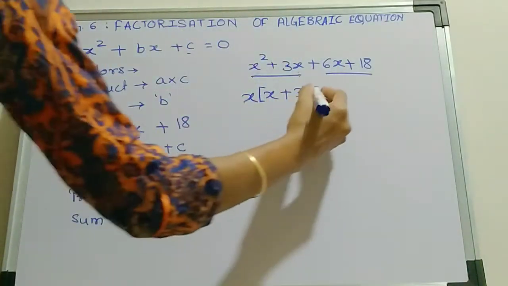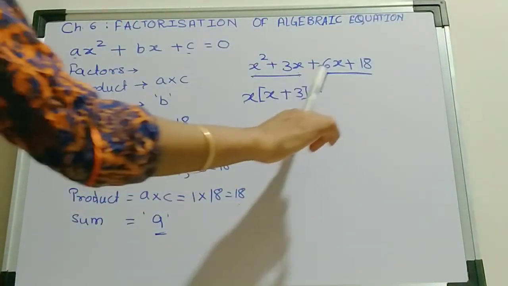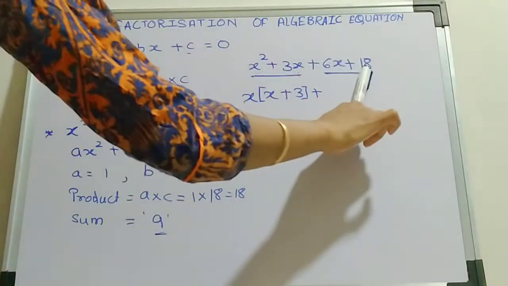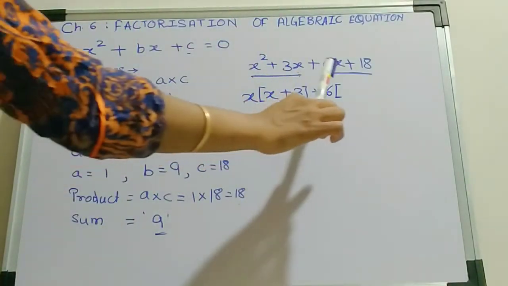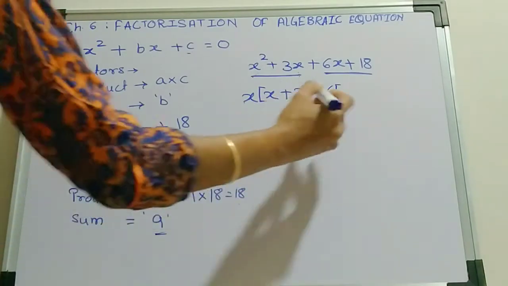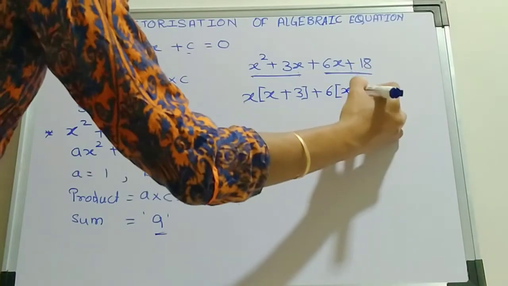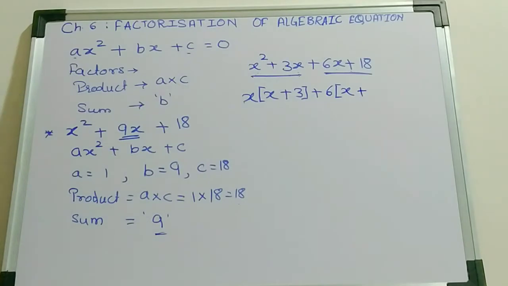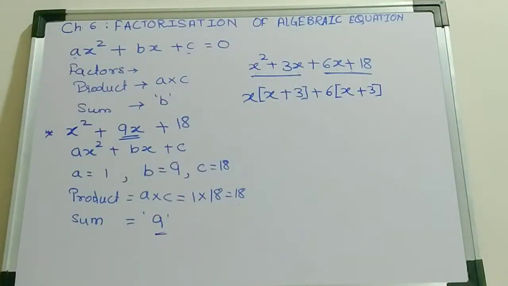Now we will consider the next group, 6x plus 18. So I can take 6 out of these two terms, right? 6 will be a common factor from these two terms. So if I take out 6, what is remaining here? X plus, now I have to remove 6 from 18, means I have to divide that 18 by 6. What will be the answer? 6 3s are 18. Correct?